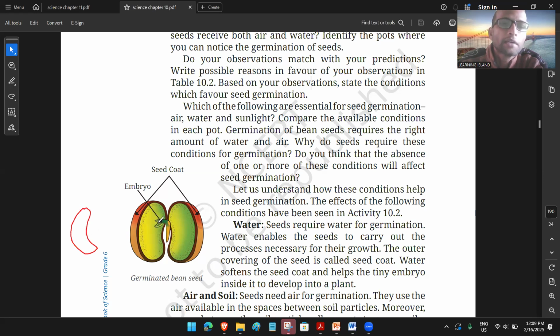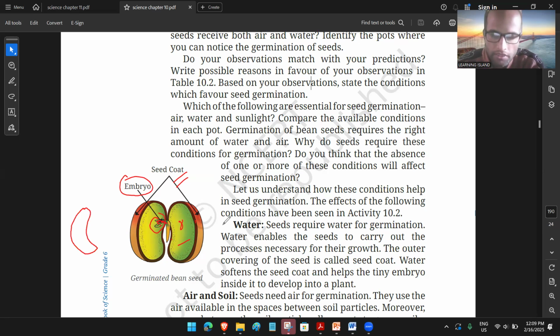ठीक है, अब ये बीच में से क्रैक हो गया और यहाँ से जर्मिनेशन हो गया, इसको बोलते हैं एम्ब्रायो, जहाँ से वो बर्डिंग निकलता है। और ये दो पोर्शन को बोलते हैं सीड कोट, अंदर वाला बोलते हैं कोटिलेडन। एम्ब्रायो ऐसे निकल रही है, जो निकल गया वो एम्ब्रायो है, इसको बोलते हैं कोटिलेडन। ठीक है, आपने पहले पढ़ा होगा। ऐसा एक सीड ड्राइंग देखें, यहाँ पे नाम नहीं देगा एग्जाम में, they will ask you to name it. So it is embryo, it is seed coat, कोटिंग है, ठीक है।